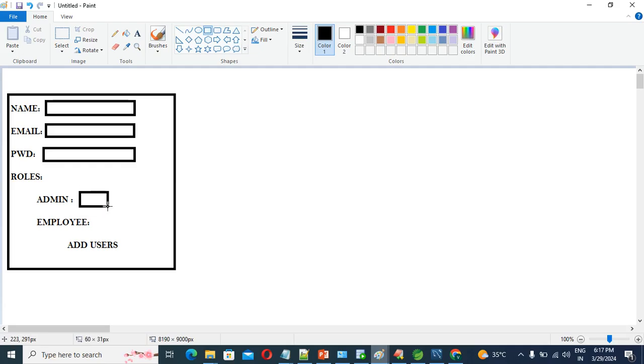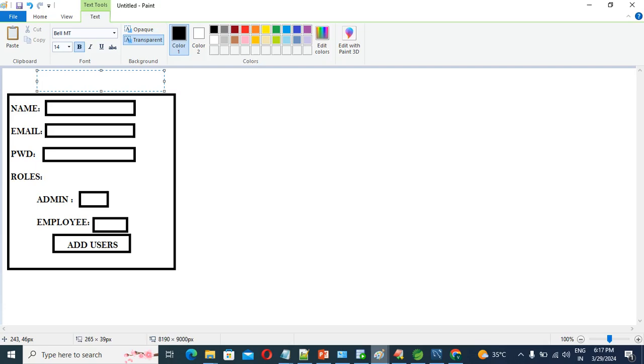So suppose you will have two checkboxes, this one and this one, and this one is the add user. After keeping all the things, you are going to save the data into the respective DB. So how we are going to manipulate all the things and how we are going to save this data into the respective DB, that is our main motto, correct? So guys, this is suppose users register